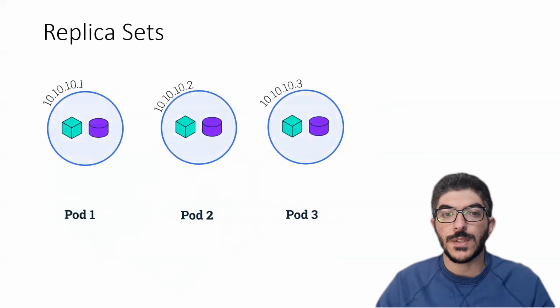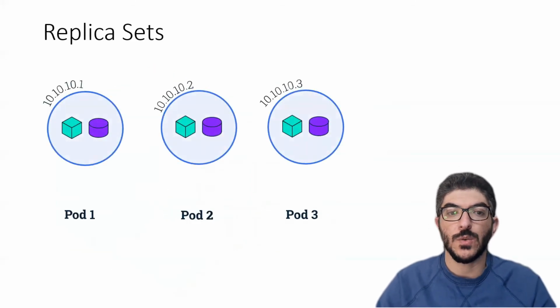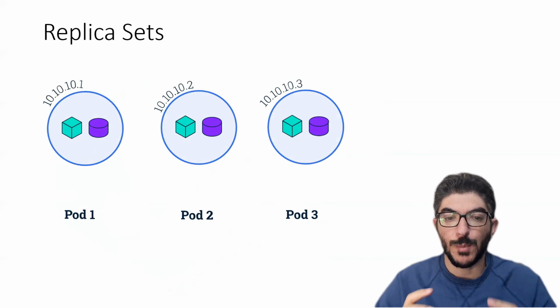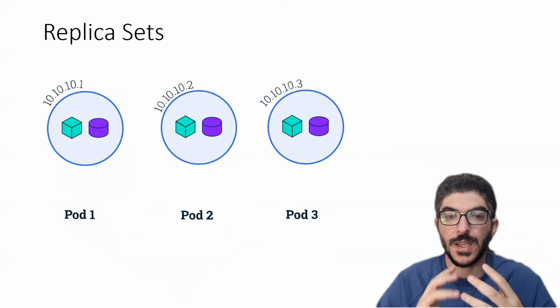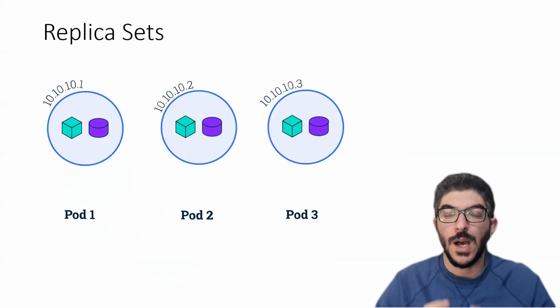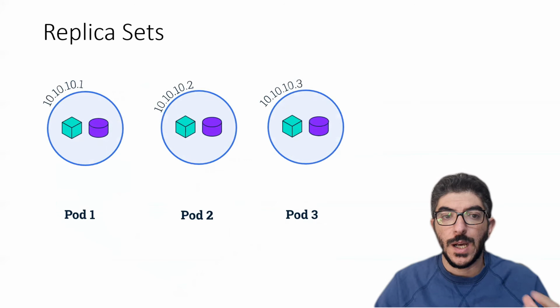Now let's go to the next concept, which is a replica set. What is a replica set? A replica set is a set of pods. And it's called replica because it's a list of replicated pods. I have one template for a pod and I can replicate it multiple times. If I have an application and I want Kubernetes to deploy 3 instances of this application, I'll create a replica